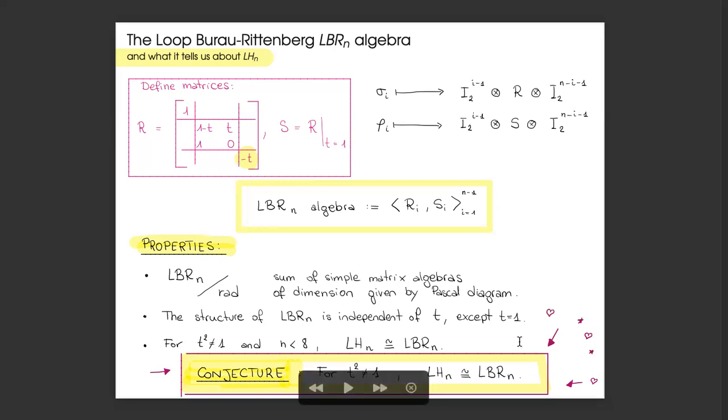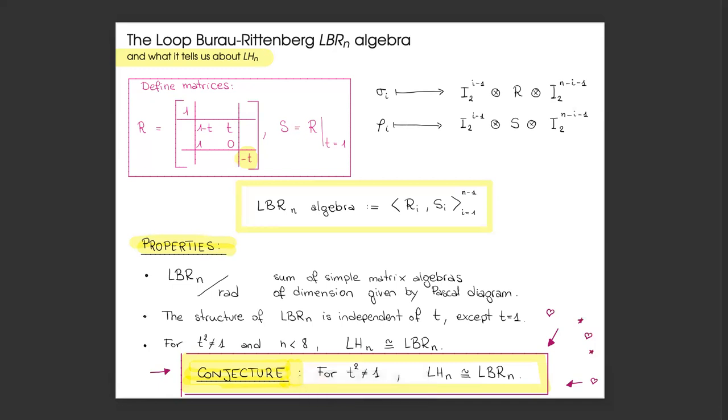And the thing that interests us most is that when t squared is not 1, then the loop-Hecke algebras are isomorphic to these matrices generated algebras. So up to n equals 7, we know the structures of loop-Hecke algebras because they are the same as loop Burau-Rittenberg algebras. So our conjecture is